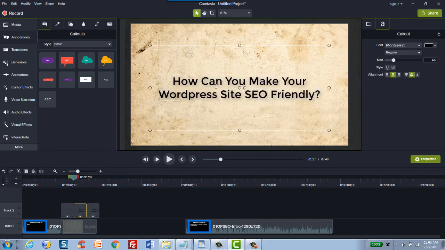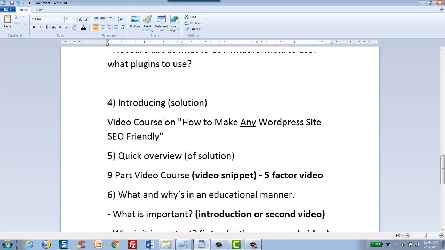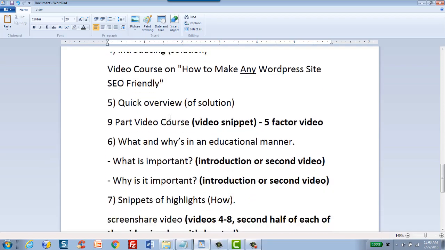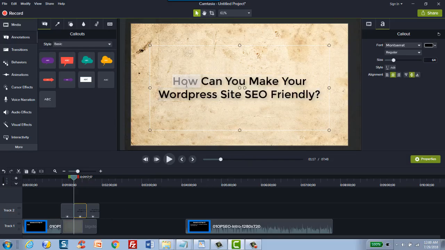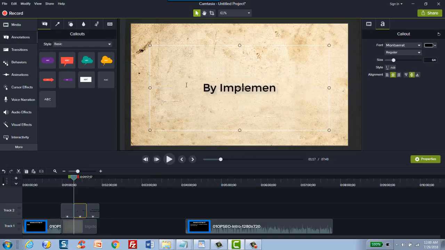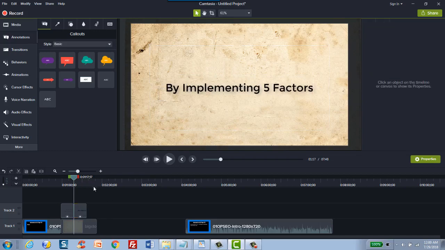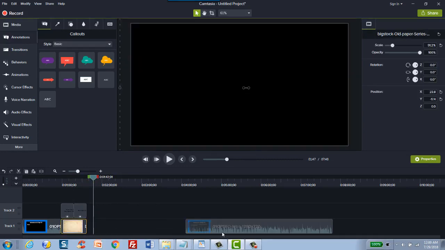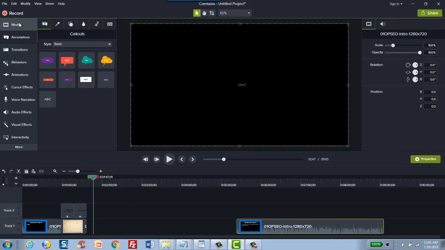So what you can do here is add more text. So, how can you make your site SEO friendly? You can say by implementing 5 factors. And let's say we're going to put that there, and then let's go back to our media and talk about